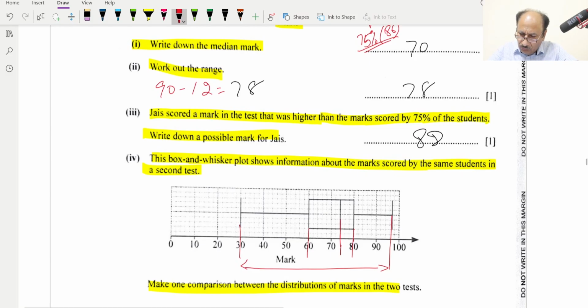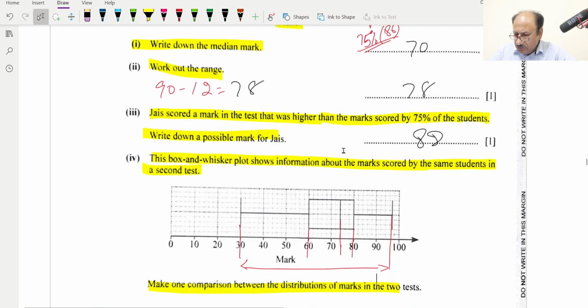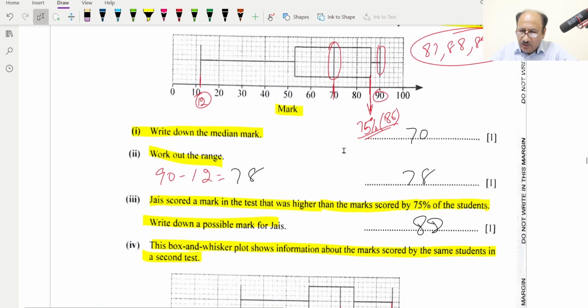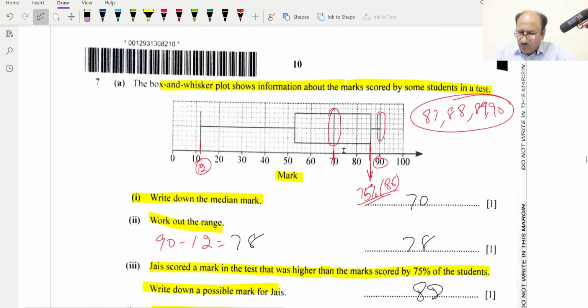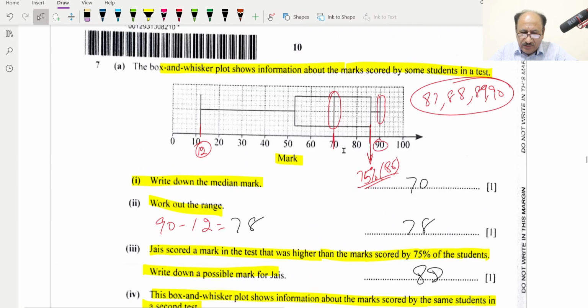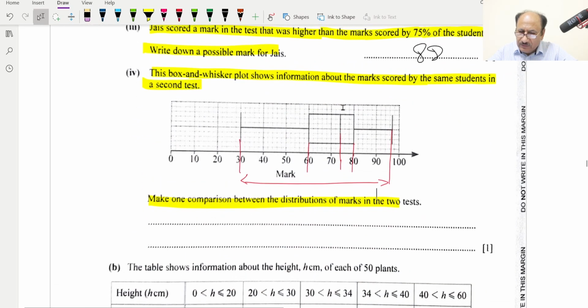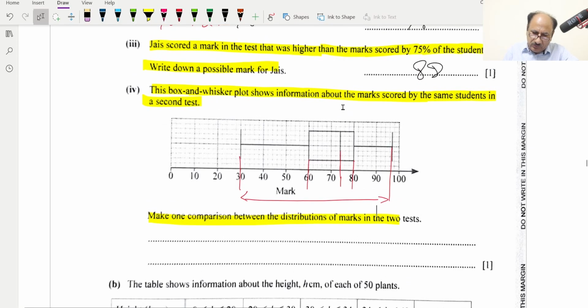Range is lesser means marks are closer to each other, like varying from 30 to 98, something like that. And in this one, marks are varying from 12 to 90. So variation is more in case of this one. So in this second test, we can write